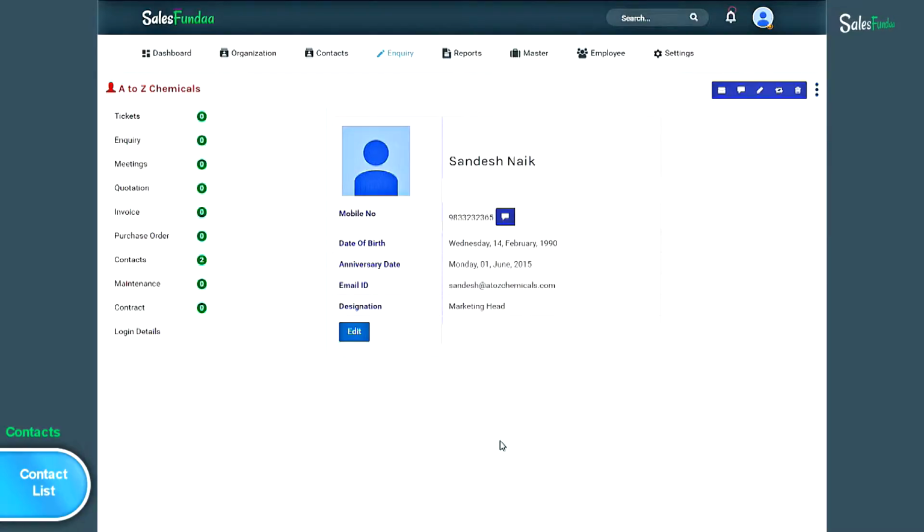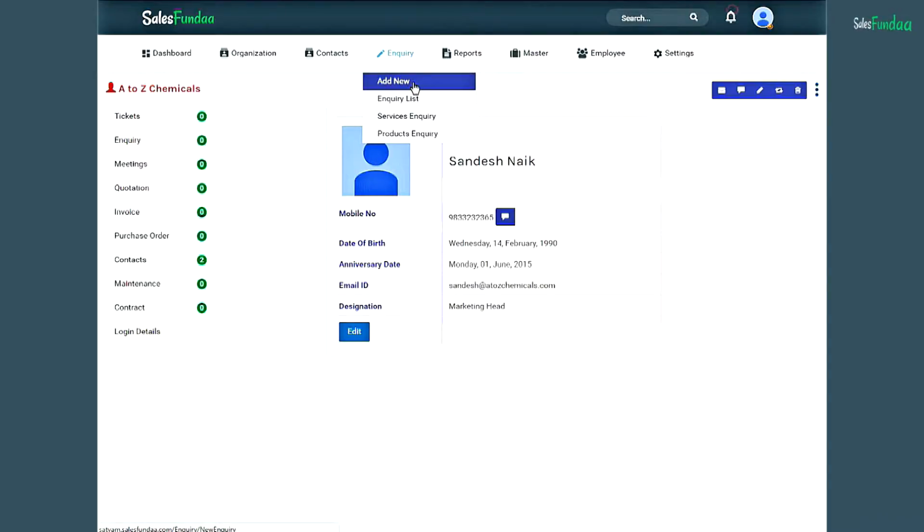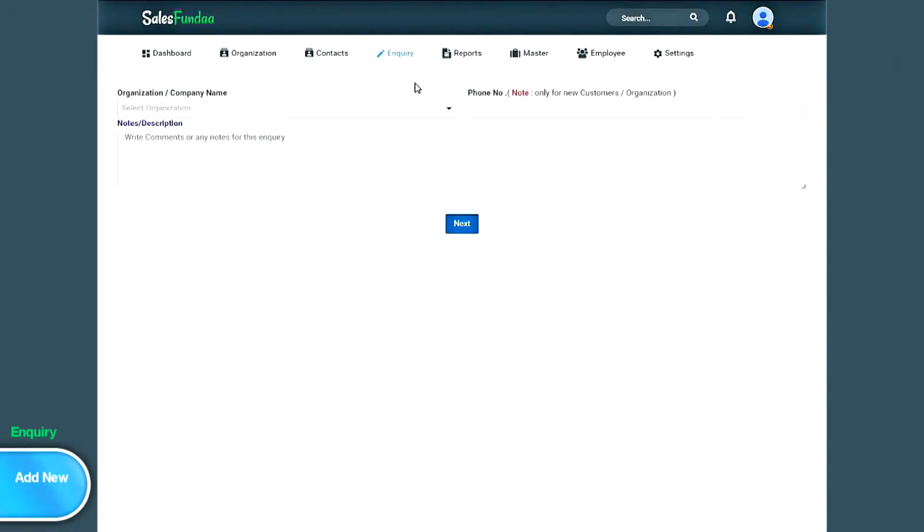Next option in Sales Funda CRM software is Inquiry. To add new inquiry, you have to click on Add New button. Here, you can add an inquiry received by entering the following details: organization or company name. For example,